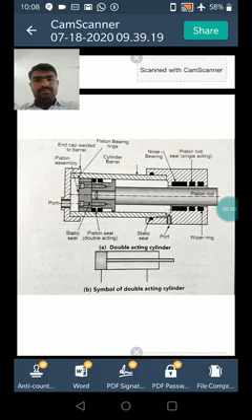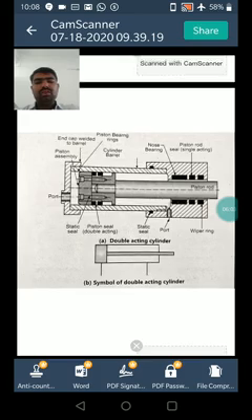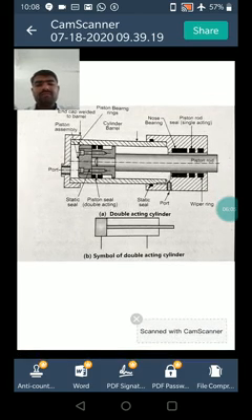This is how the symbol of the double acting cylinder is shown in the figure. First, there are the two ends, inlet and outlet port. When pressure at the inlet port is applied by the motor or by the pump, the piston moves left to right, and right to left depending upon the direction of the